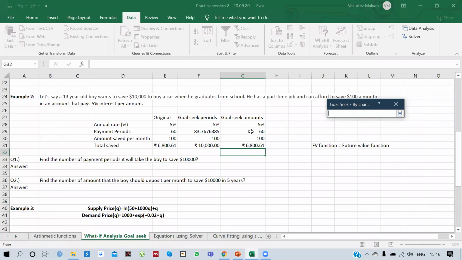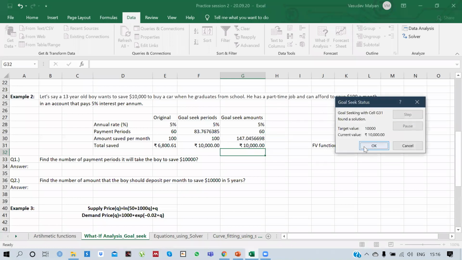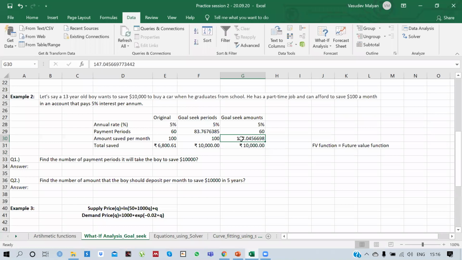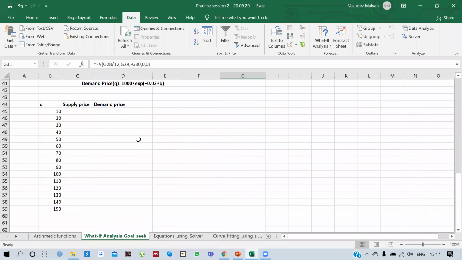So you are supposed to choose this one, press OK, and it will give me a value that the boy is supposed to save approximately $147.05 per month for 5 years so that he can save a total of $10,000 by the time he graduates from high school. So this was one more example of goal seek, where you can use goal seek for different functions in MS Excel.